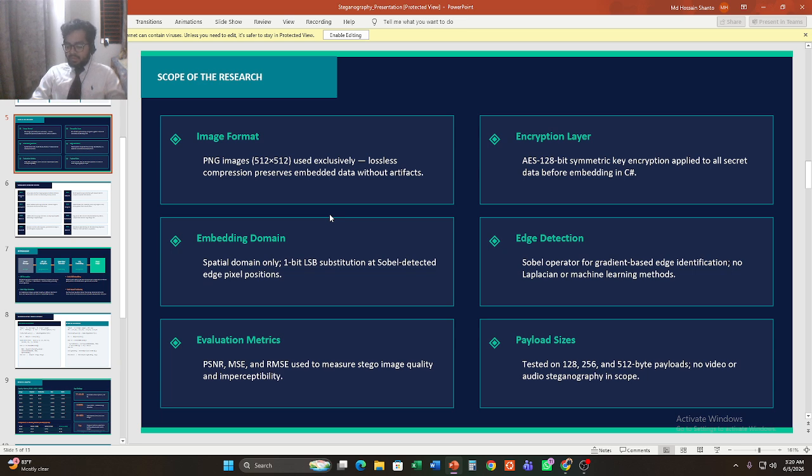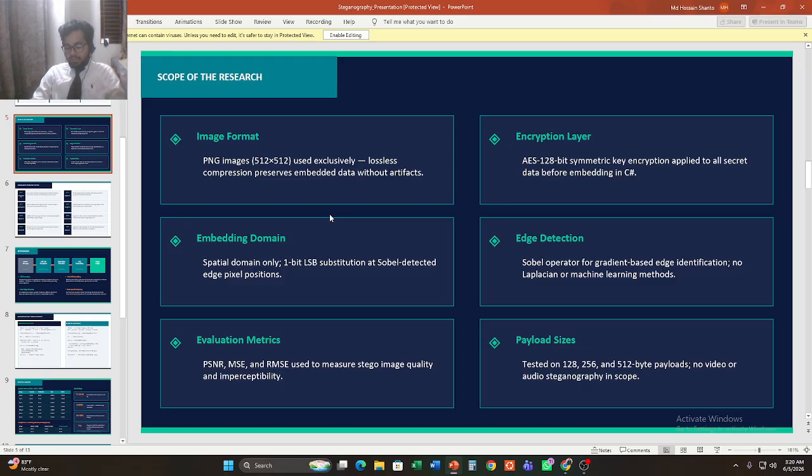The encryption layer uses AES with a 128-bit key implemented in C# using .NET Framework version 4.7.2. Embedding takes place in the spatial domain, specifically using 1-bit LSB substitution at pixel positions identified by Sobel edge detection. The Sobel operator is the sole edge detection mechanism used.